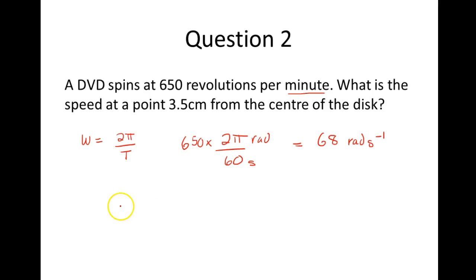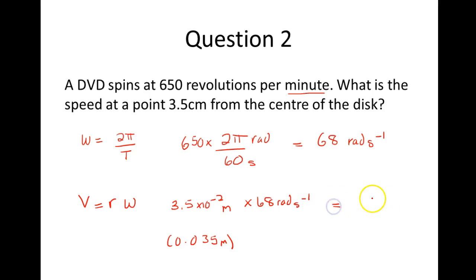For the second part of the question, we want to know the linear speed, because we know that that varies according to the radius. So V is r omega. Our radius here is 3.5 centimeters, so you can write that for simplicity as 3.5 times 10 to the minus 2 meters, or you could type that in as 0.035 meters. It doesn't really matter. So 3.5 times 10 to the minus 2 meters times 68 radians per second gives us